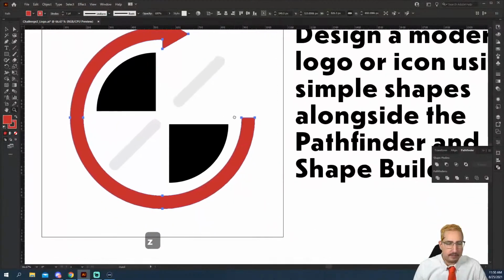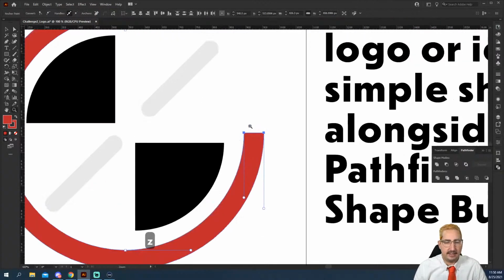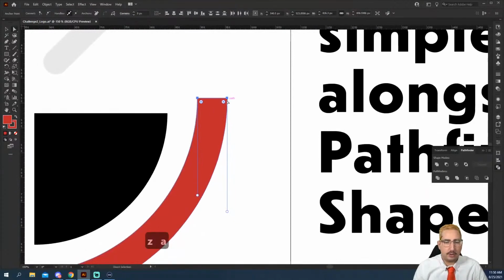Now, we just want to round off some of these corners. I definitely want to get these areas, and you can see the difference between using the selection tool, which is V, and that's the black one. It has all of the anchor points. Now, I also can use the direct selection tool, which is A. And I can click and drag, and you can see that I have selected these points. Because they're corners, you can see this little node here. It's a little dot, and you can click and drag this and watch what happens. It's going to round those corners out.